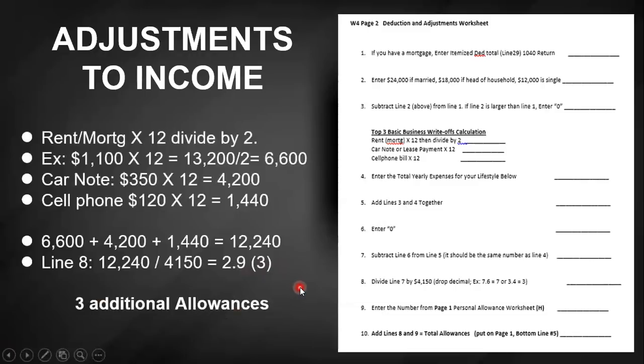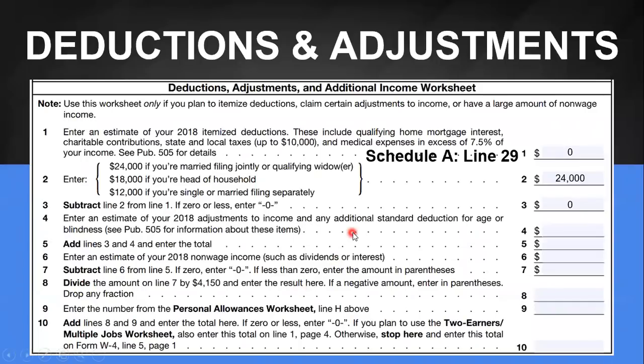I'm going to post this worksheet in the group so that you can have access to it. I'm also going to post this worksheet in the Lifestyle Changers training website. So make sure that you're in the Lifestyle Changers group so you can get access to that website and the password. So to go back to line 4, we're going to put